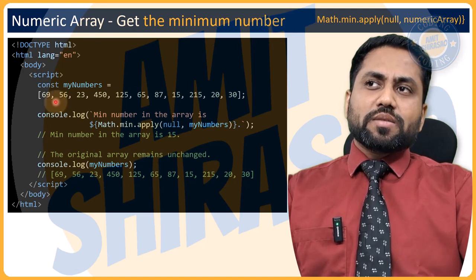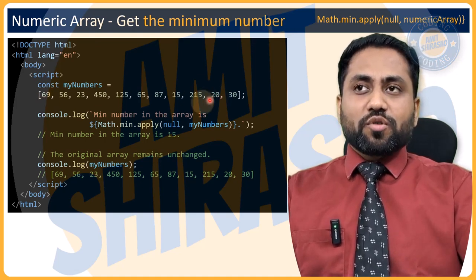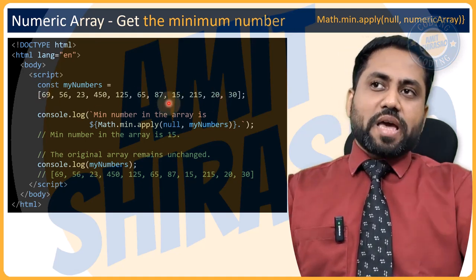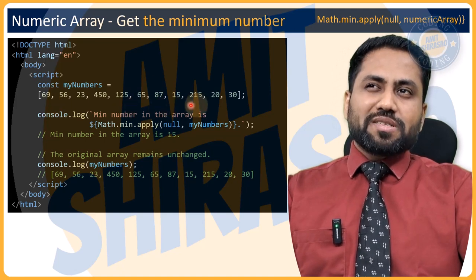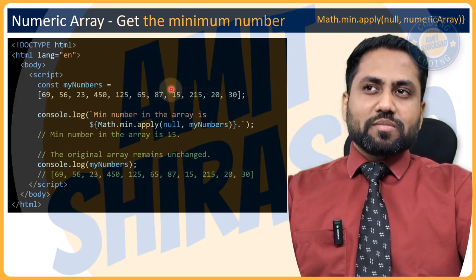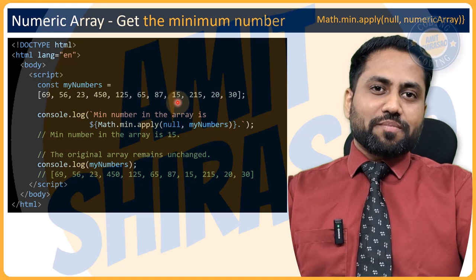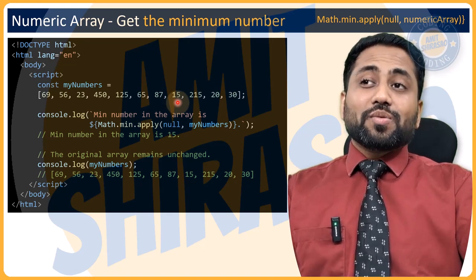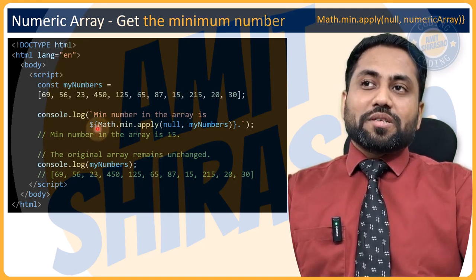Now, numeric array, get the minimum number. Let us say that this is my numeric array, and I want the minimum number in this array. So which is the minimum number? Just by seeing it, I can guess that it is 15, right? Now how will you do that? So the way to do it is, you can say